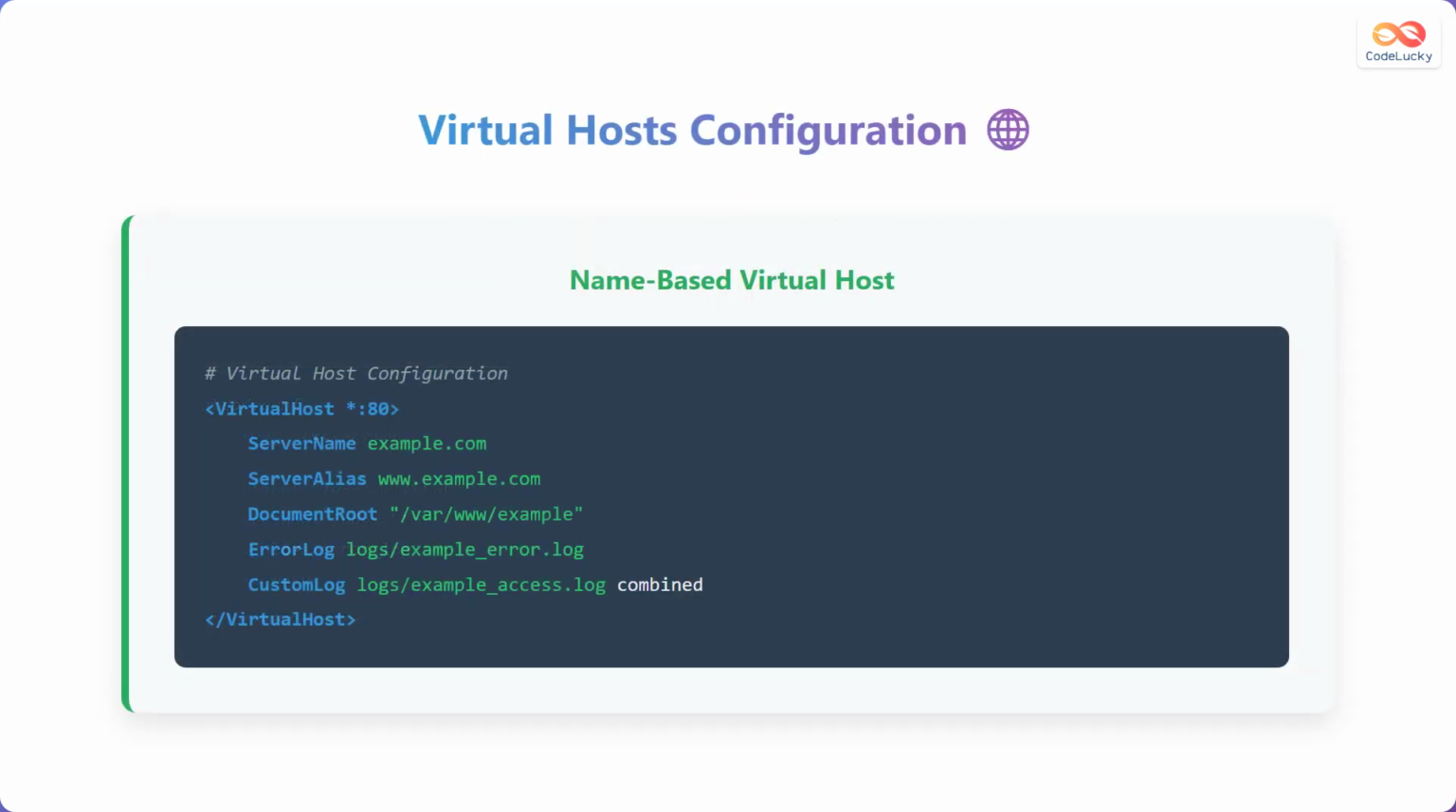Virtual hosts allow a single Apache server to serve multiple websites with different domain names. Name-based virtual hosting is the most common approach, where multiple sites share the same IP address but are distinguished by their domain names. The VirtualHost directive opens with *:80, indicating it listens on all interfaces on port 80. ServerName defines the primary domain name for the virtual host. ServerAlias specifies additional domain names that should match this virtual host, like